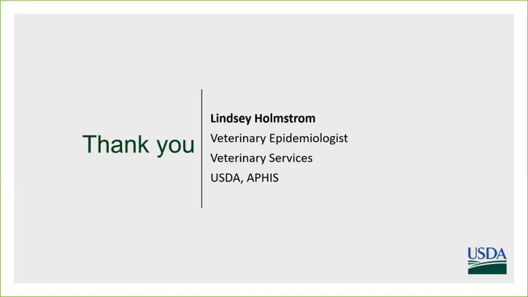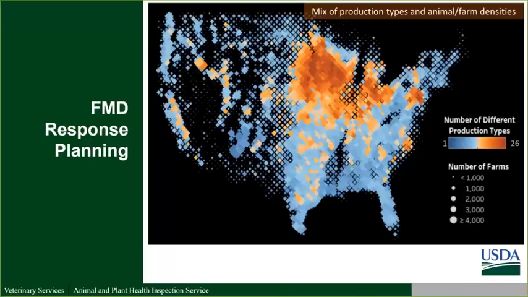The next question is, in your diamond density map, why did you decide to use the number of farms rather than the number of animals in a specific county or area? Yeah, this map. So that could be another way of looking at it as well. This was just looking at how many farms, for this presentation, you would potentially be involved with